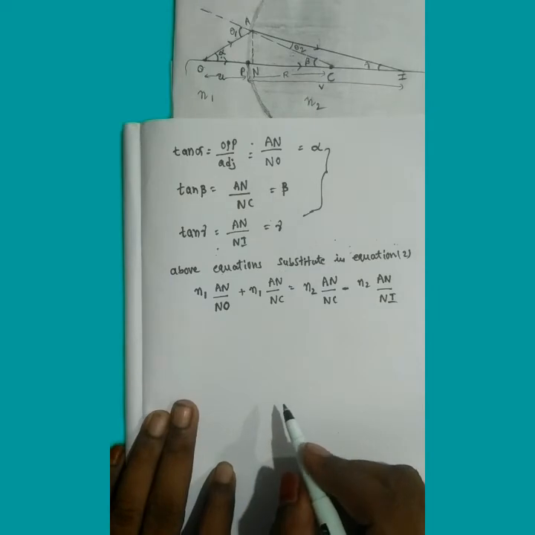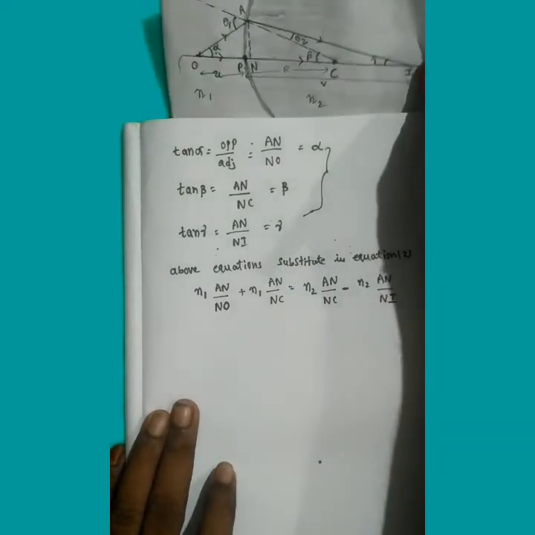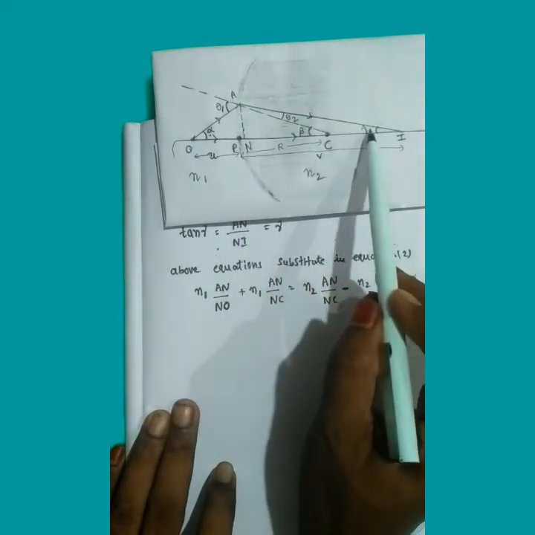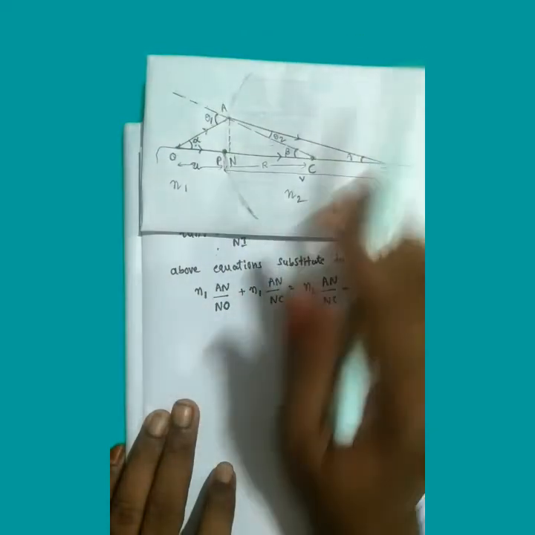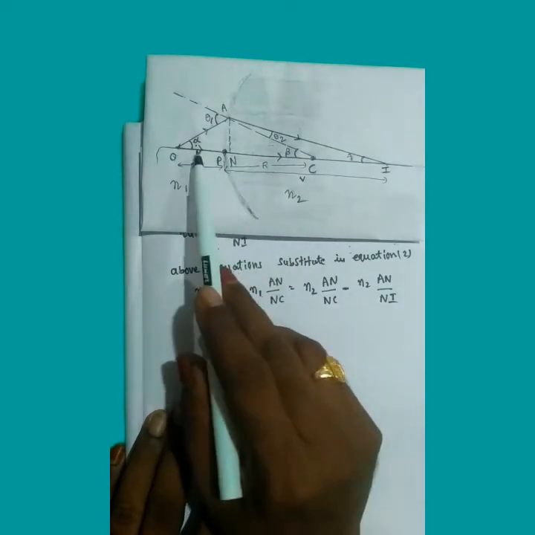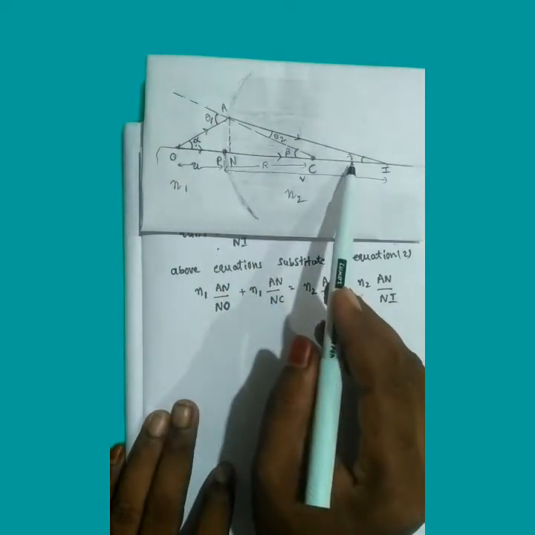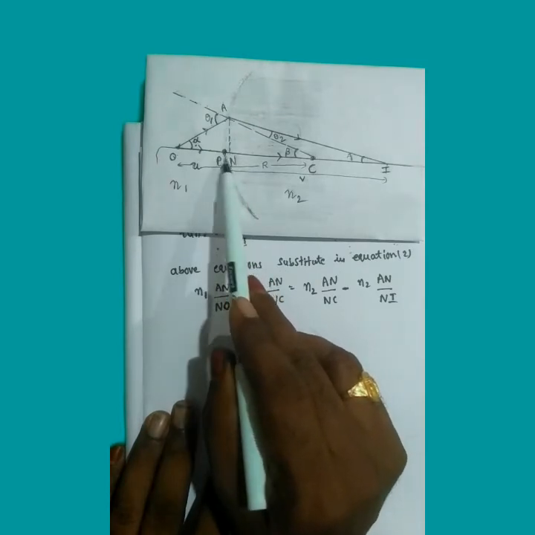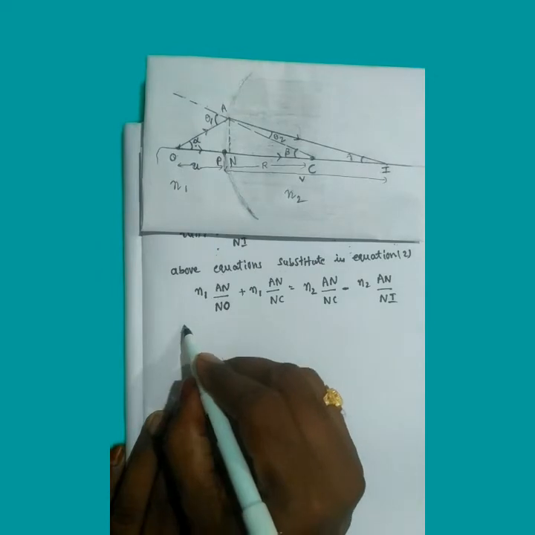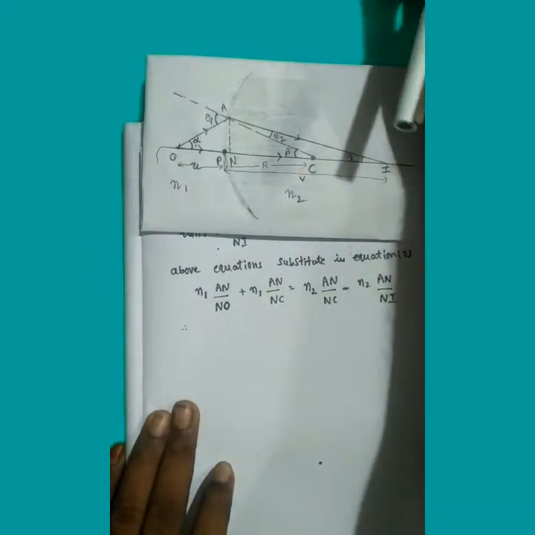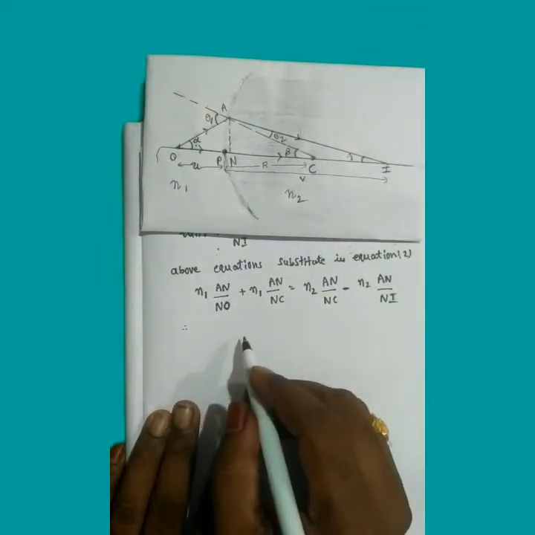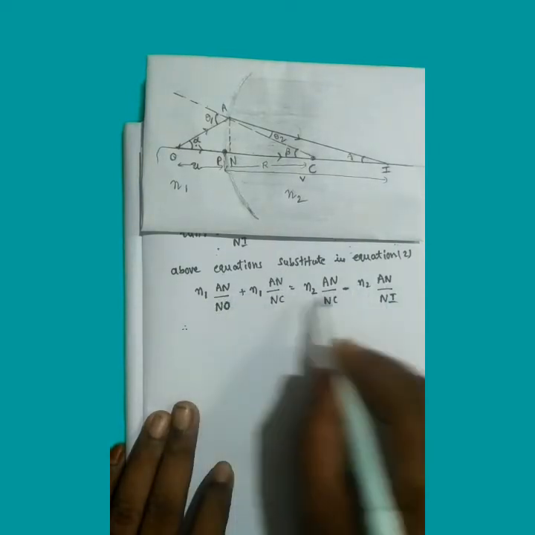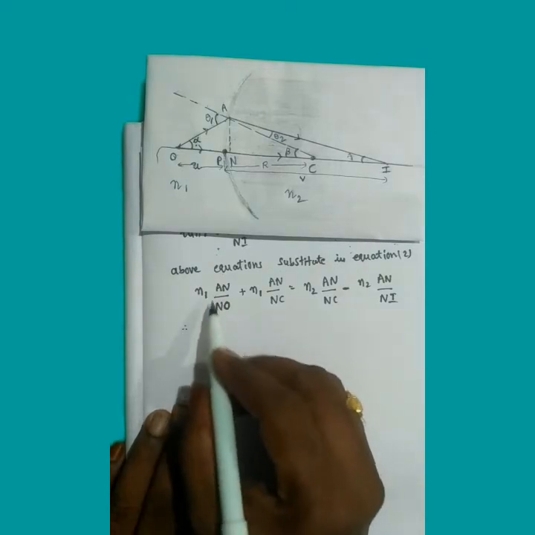Okay, here in this diagram what we are saying is these are very small. That means alpha, beta, gamma are very small. So whenever alpha, beta, gamma are very small, automatically this n approaches p. That means for a parallel ray, after substituting we can get an. So we take that as common, and we will remove that.